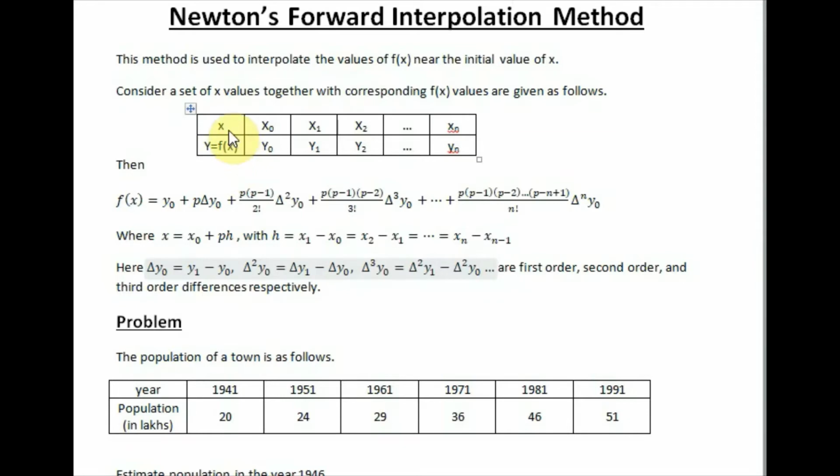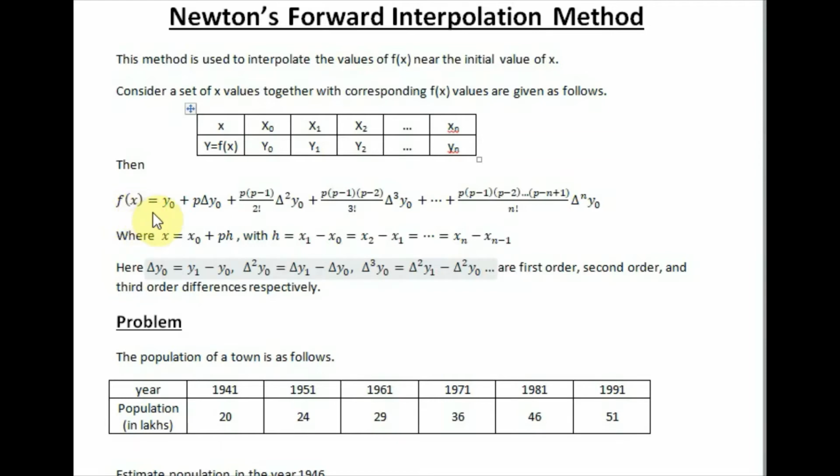Suppose the x values are x0, x1, x2, etc., xn, and the corresponding f(x) values are y0, y1, y2, etc., yn. Here all the x values must be equidistant. That means x1 minus x0 must be the same as x2 minus x1, and that should be the same as x3 minus x2. Then f(x) can be evaluated at any x which is near x0, using the formula